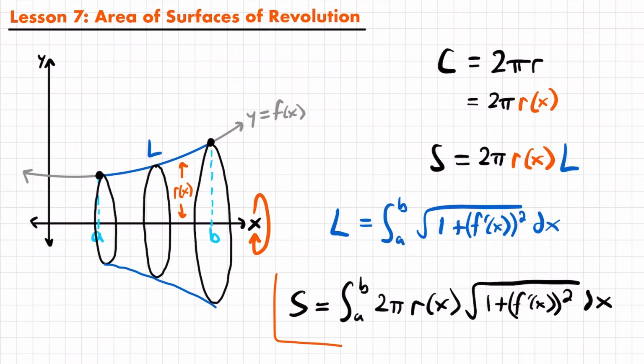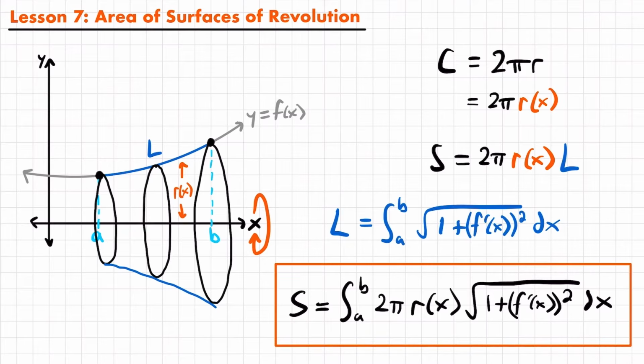Okay, and so this is our definite integral that we will use to calculate the area of a surface of revolution that is formed by revolving a line around the x-axis. But what if we were to revolve this curve around the y-axis instead? Well, if we denote that, let me erase this arrow around the x-axis, and then I'll draw it around the y-axis here. If we were to revolve this curve around that axis, we would form a different surface of revolution,